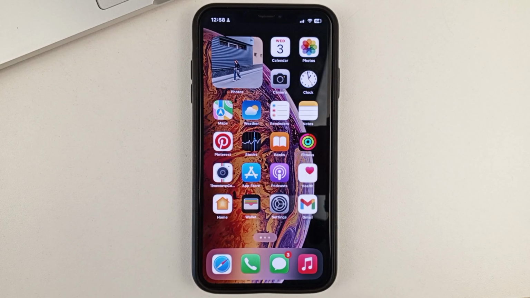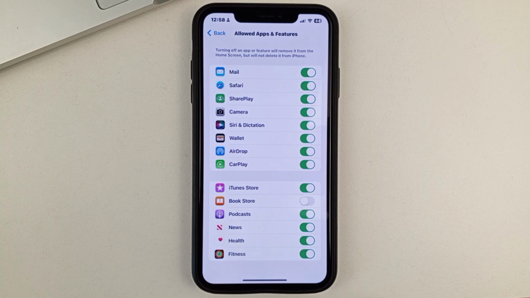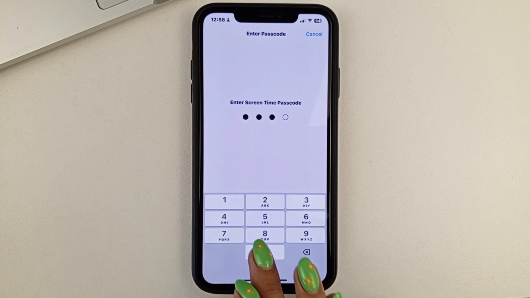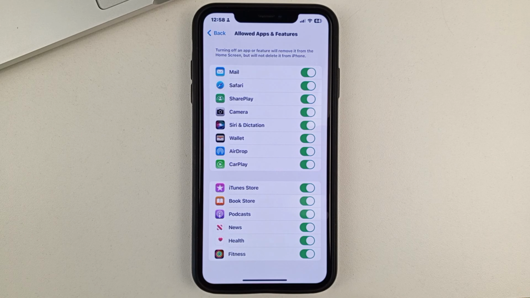And to get it back, you'll also have to go into the settings. And then, you will need to go to Screen Time and so on. As I said earlier, after that, opposite the name of the app, you'll need to enable that feature. And after that, the Book app will turn on and it will go back to your iPhone work screen. And you will be able to use this application.